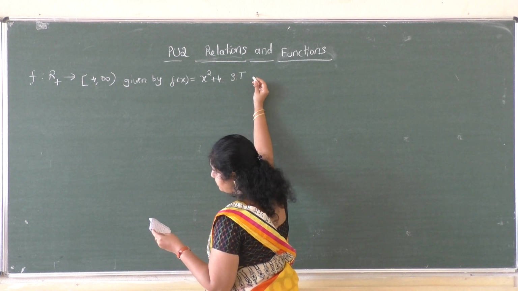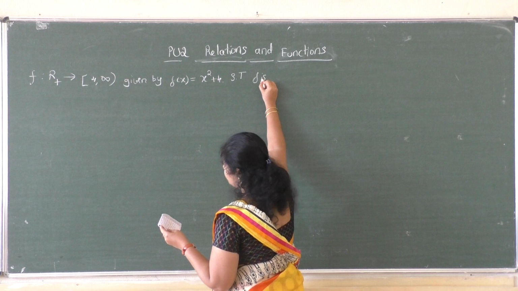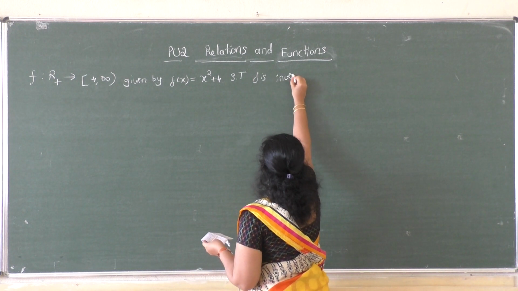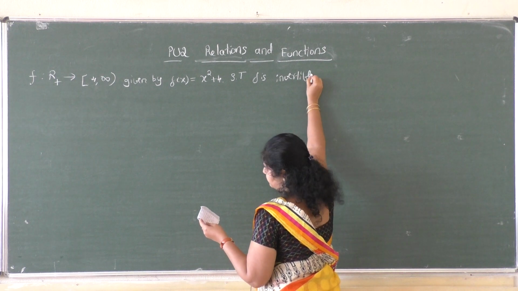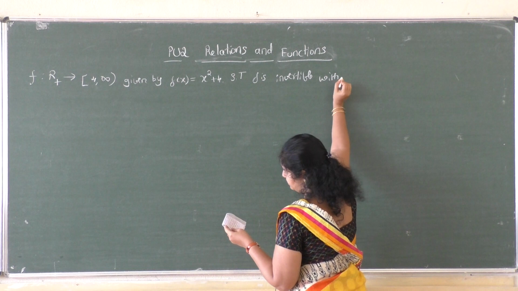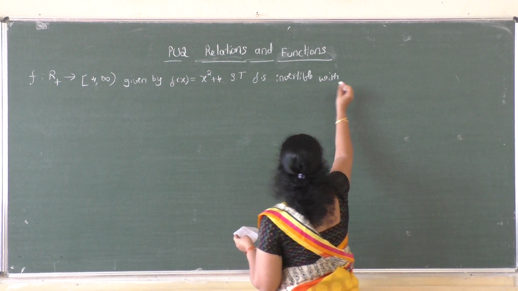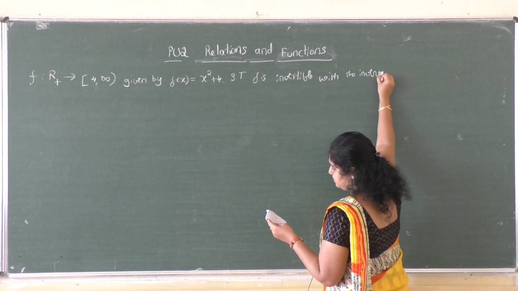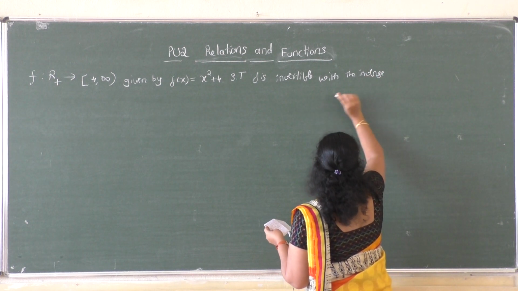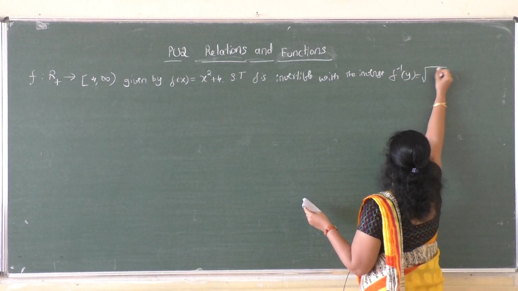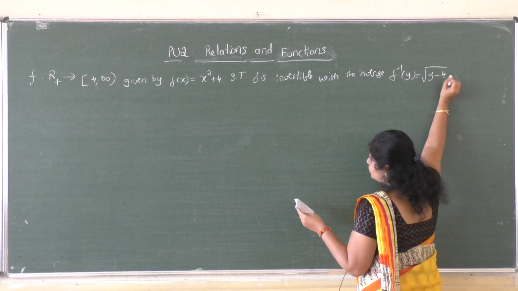Show that f is invertible with the inverse f inverse of y equal to square root of y minus 4,